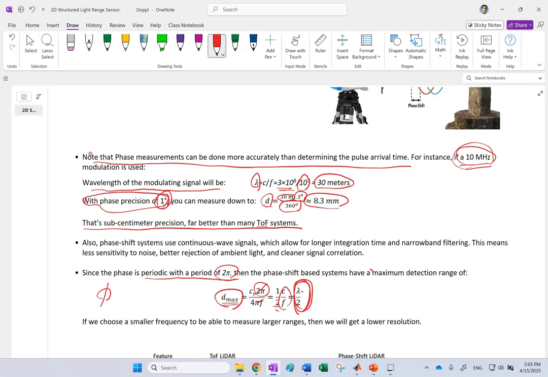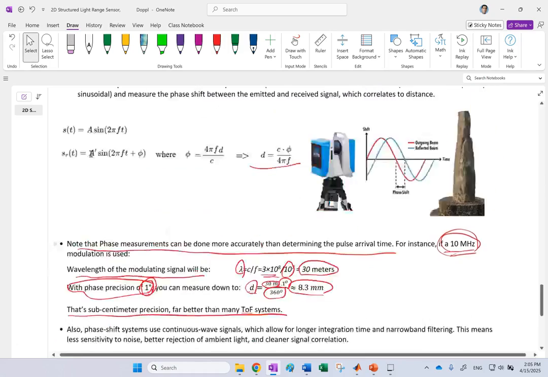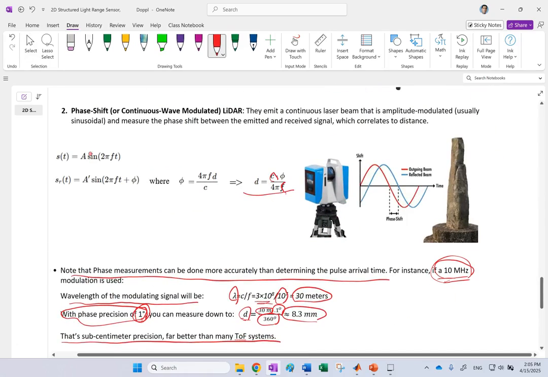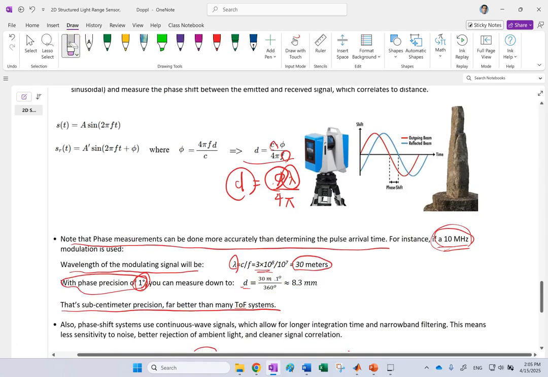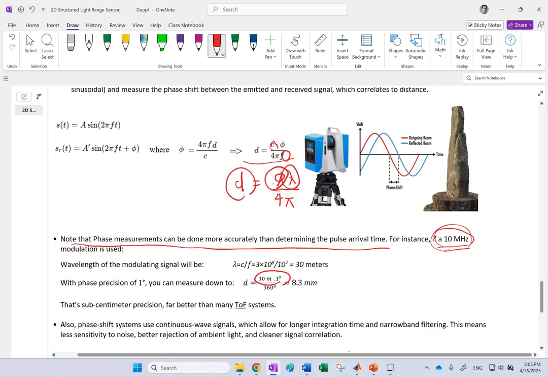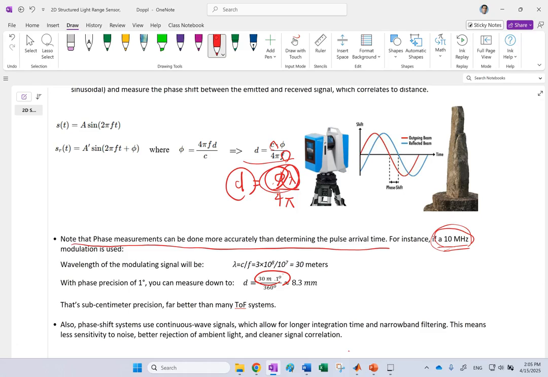You can also write this in terms of lambda, because c over f is lambda, so you could write this as phi times lambda over 4 pi. So you see d is proportional to lambda times phi. And that's exactly, by the way, what is being used here. So if you're wondering where this part comes from, phi multiplied by lambda, it comes from this formula here. Okay, so going back to our discussion,